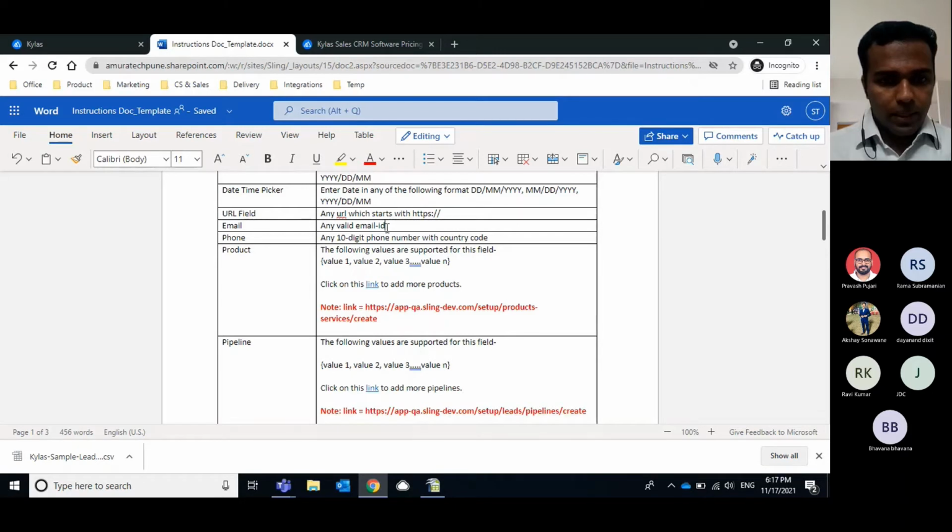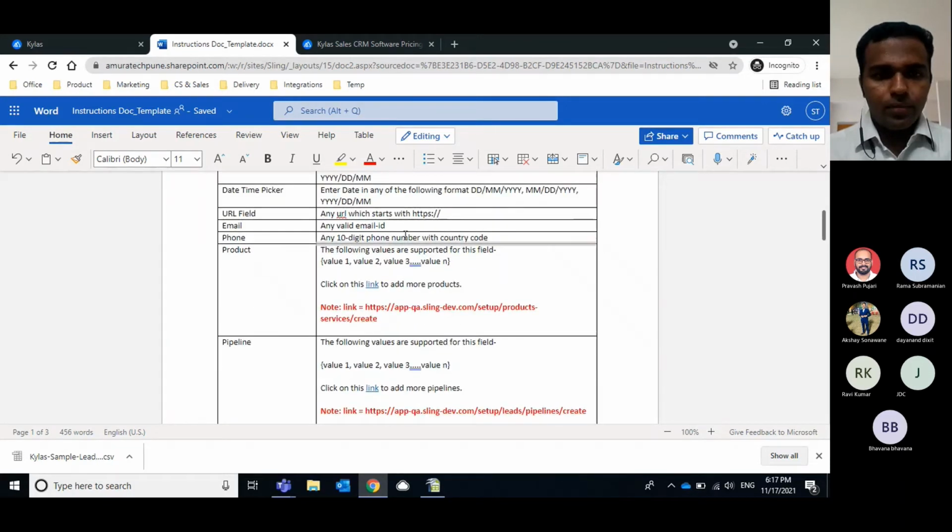And email is another type of field in Kaila CRM, so that should be a valid email ID. If the standard email format like @gmail.com is missing in the email ID you have entered in your CSV file, the system will throw an error.